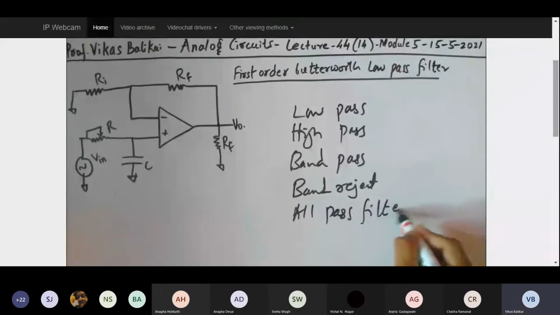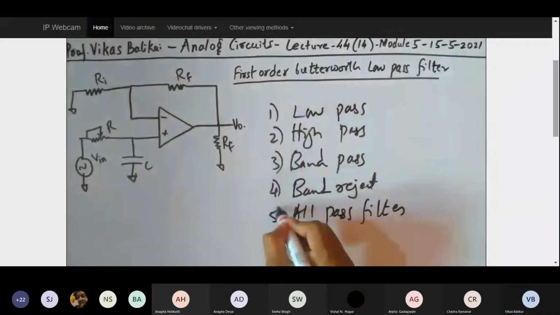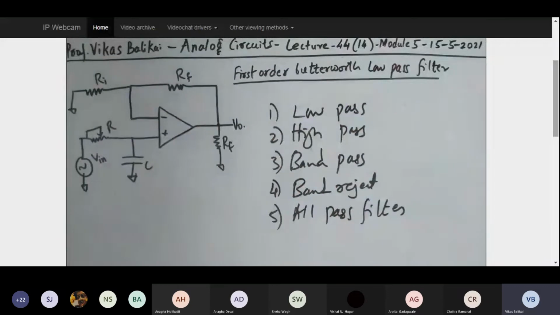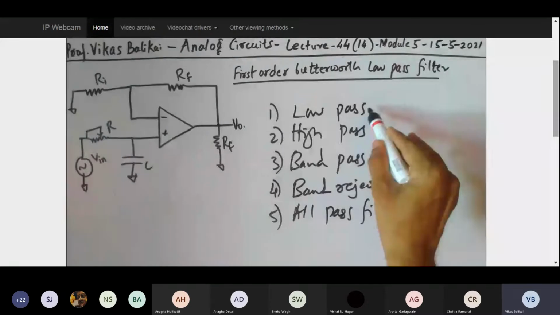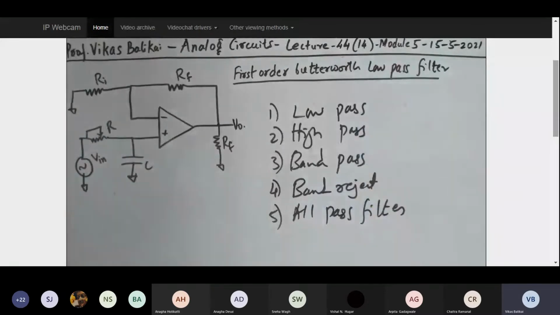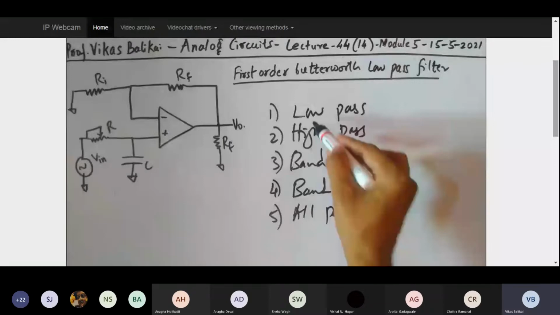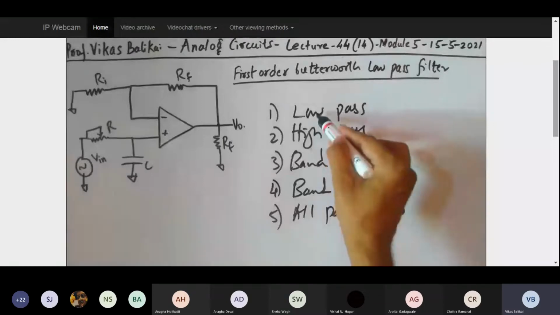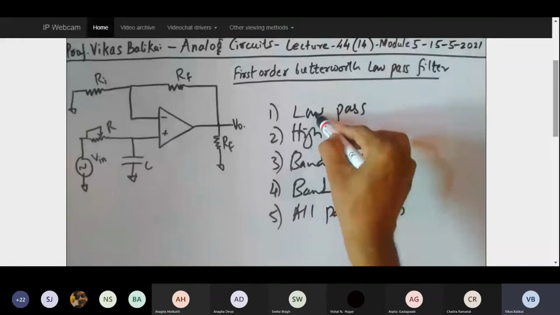Now we want to understand thoroughly one particular filter, and then we can replicate our understanding towards the other filters also. So let's focus this entire class on understanding the low pass filter. When I say low pass filter, it is going to pass the lower frequency signals. Just remember that. As the name indicates, low pass passes lower frequency signals, and high pass passes higher frequency signals. Now you may ask the question, sir, what about high frequency signals if I pass them into the low pass filter? What is going to happen to them? Straightforward, they are going to be rejected.